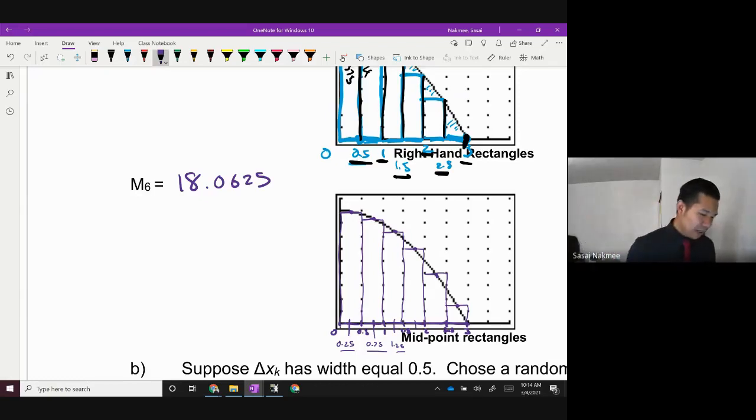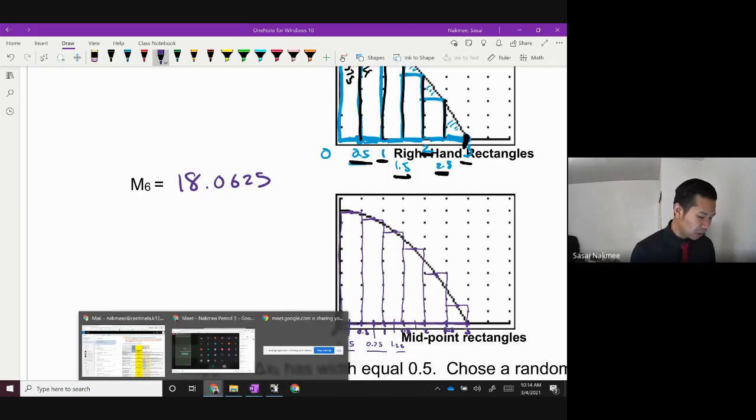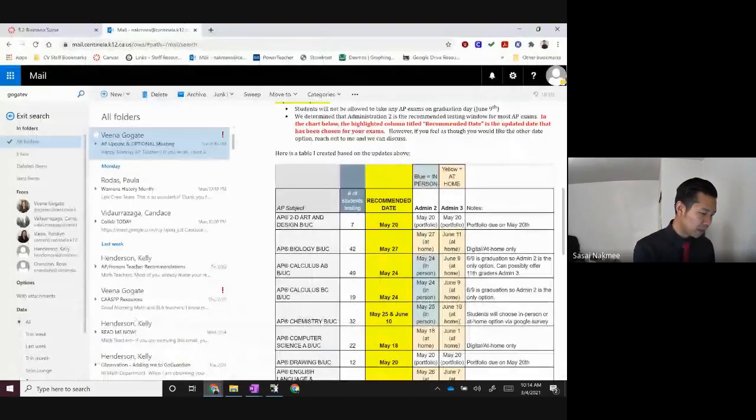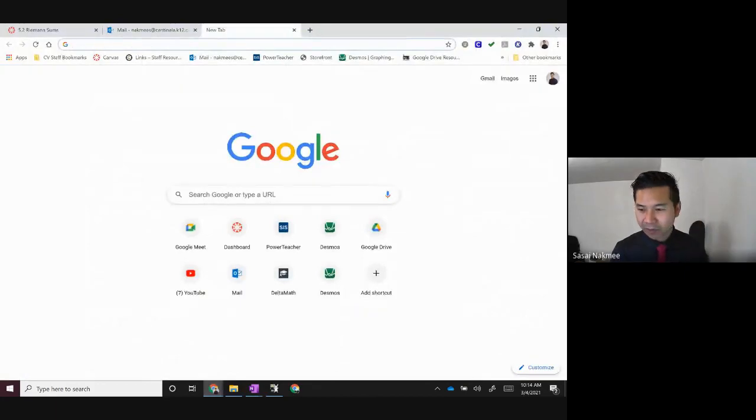If you don't have access to your TI calculator, again, let me know. I can get it for you. In the meantime, if you really wanted to, you could use Google Sheets. Google Sheets works the same way as what we just did. Actually, I don't need to show you this, but I like showing you this.